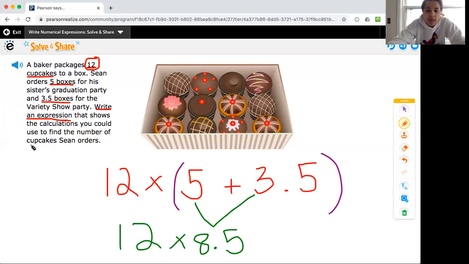So I'm going to show my work over here. 12 times, and where does that 8 go? What place value is that 8 in? It's in the ones place value. So I put my